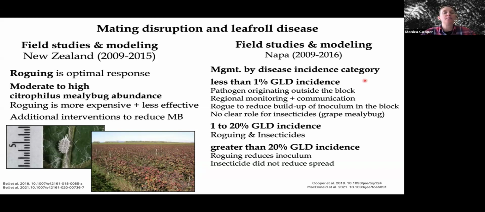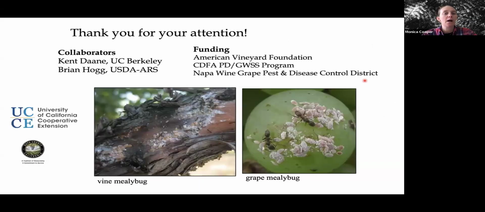So hopefully, if mating disruption were used in an IPM program for mealybugs, either vine mealybug or grape mealybug, that reduction in populations and spread would also be reflected in the incidence of leaf roll disease over time. So that may be something that in Washington you have an opportunity to study and work on, because of the availability of a commercial mating disruption product for grape mealybugs. We don't have a lot of really detailed information around mating disruption for mealybugs and leaf roll disease. So with that, I will wrap up my presentation,